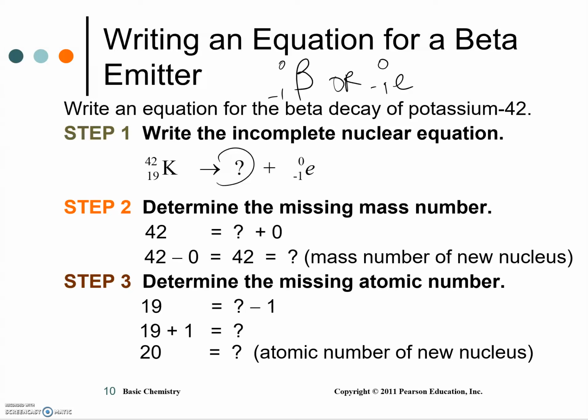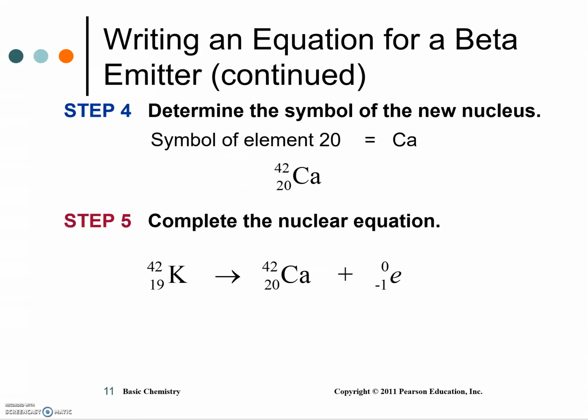You're going to then solve just like we did before, the mass number. So you have to figure out what plus 0 equals 42. Solving for that unknown is 42. The same goes for your atomic number. You look for something that has an atomic number of 20, and that ends up being